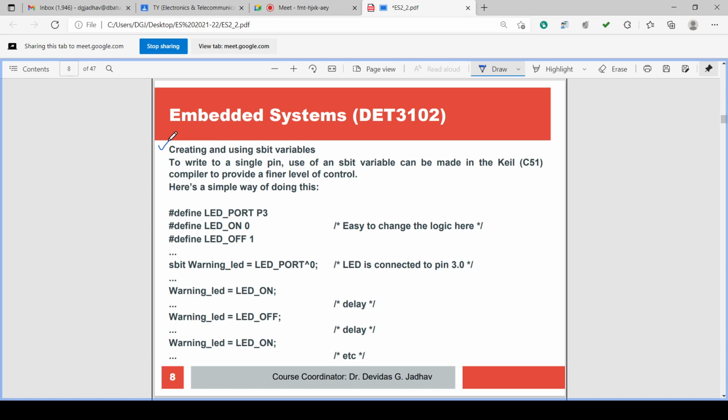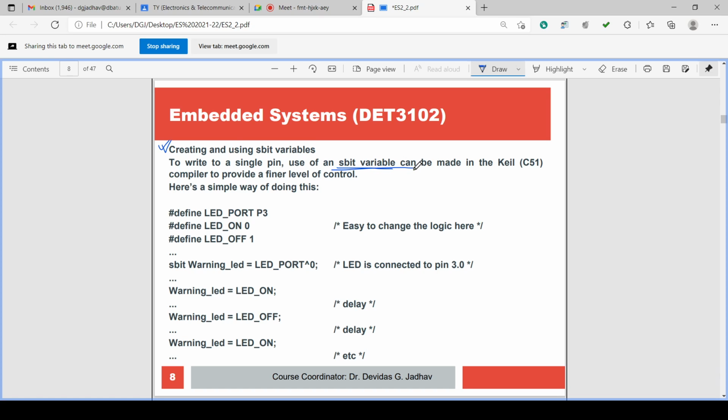So creating and using sbit variables. To write to a single pin, use of an sbit variable can be made in C51. To write to a single pin, use an sbit variable.